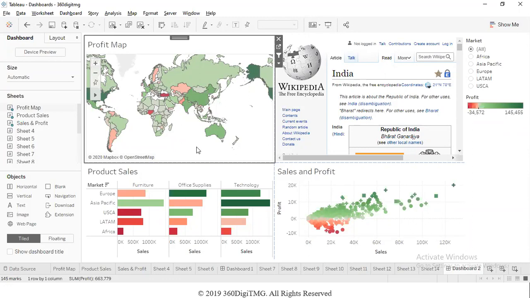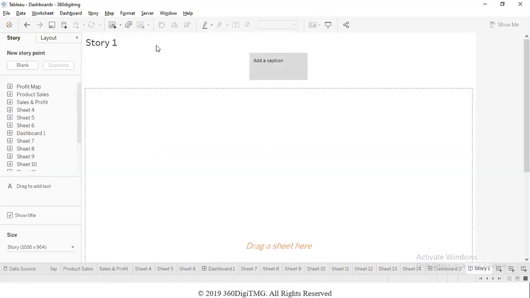And then we can create something called stories. For a story, this is the icon we use, the book icon with the plus sign, or we can go to Story and choose the option to create a story. Now, a story is more like a PowerPoint presentation. It is not even as advanced as a PPT. It's just one place where we can put all the worksheets that we have created in a sequence. Like, suppose we have to give a presentation to somebody, then we will arrange all the slides in a sequence, right?